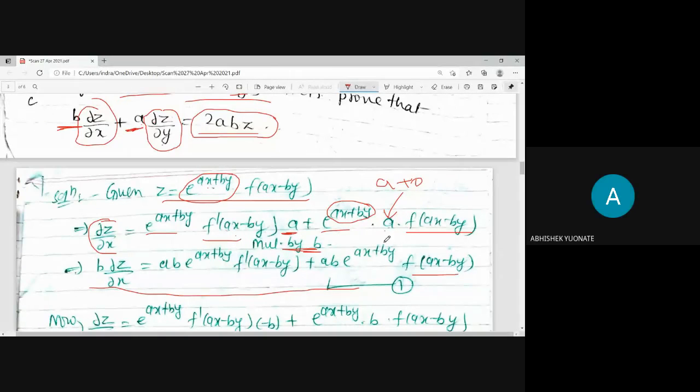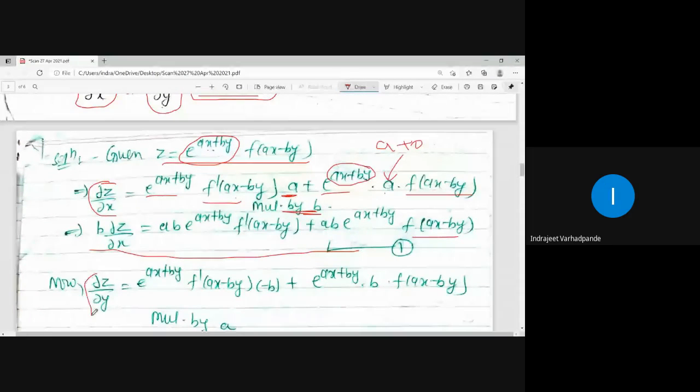Now we have to differentiate that z with respect to y. While differentiating with respect to y, what will be kept constant? X. But first term contains y, second term also contains y. So again, which rule will be applicable? Product rule. First term as it is into derivative of the second. What is derivative of f? Derivative of f is denoted by